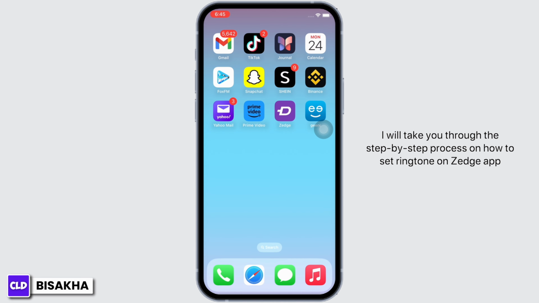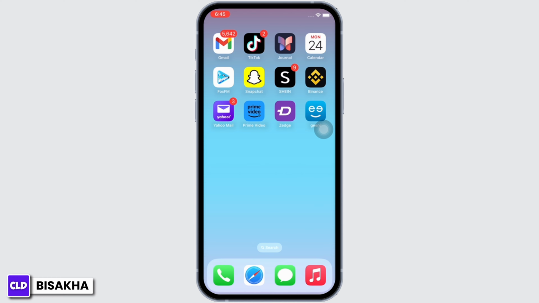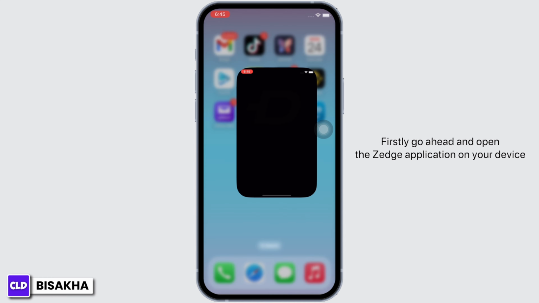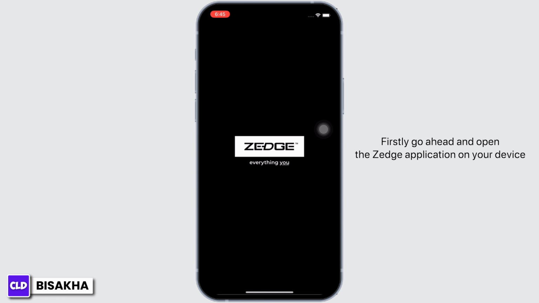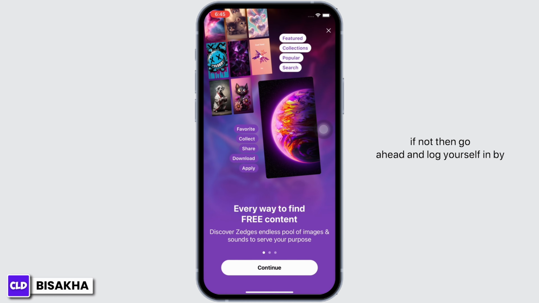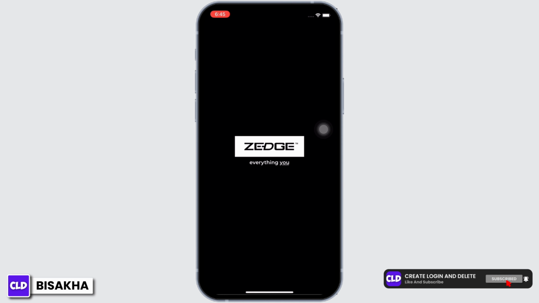I will take you through the step-by-step process on how to set ringtone on Zedge app. Now, let's get right into the tutorial. Firstly, go ahead and open the Zedge application on your device. Once opened, make sure you are logged in, and if not, then go ahead and log yourself in by entering